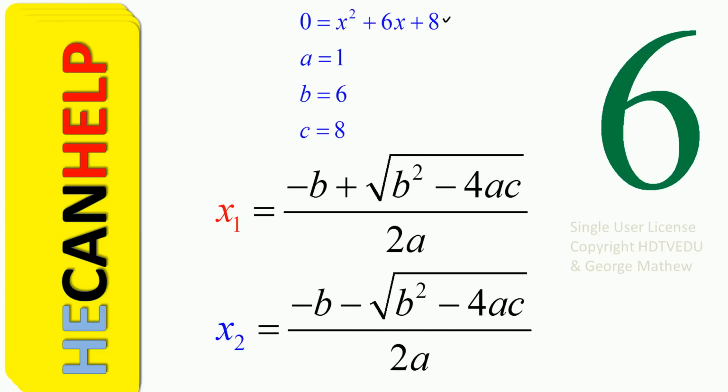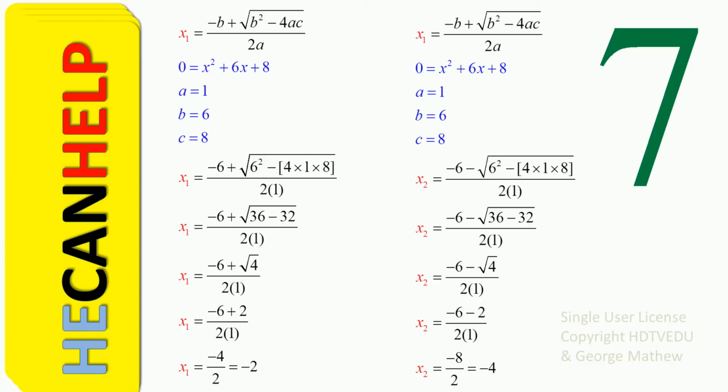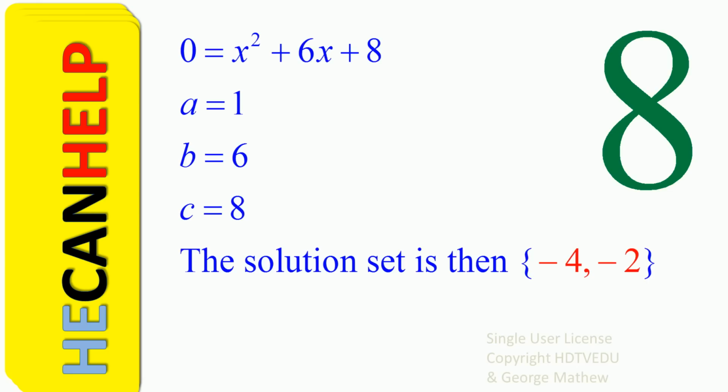When you have x squared plus 6x plus 8, when you get a is equal to 1, b is equal to 6, c is equal to 8, substitute into the quadratic formula and you see that the solution set -2 and -4 is indeed correct. So we have the solution set,